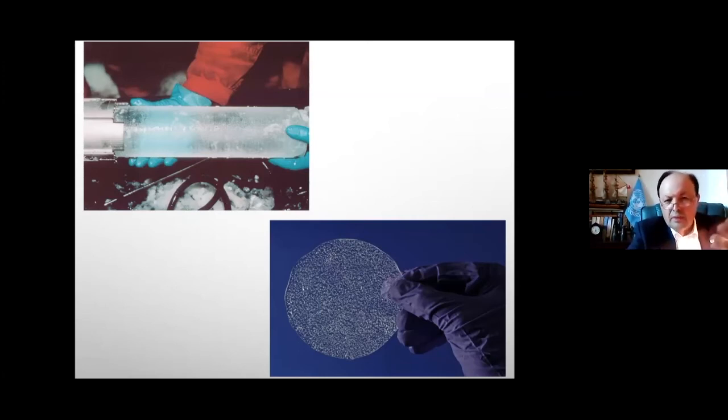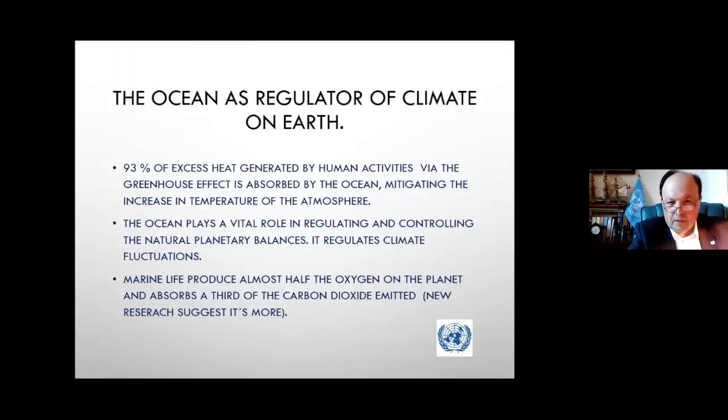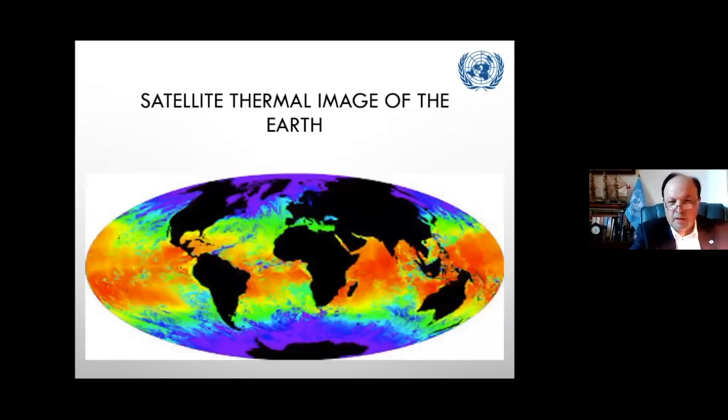Now I move to another type of interaction between atmosphere and the oceans. And I'm going to skip this one because we already talked about it. This is just an image portraying the differences of heat between the equator. It's a satellite thermal image, a way that science today has to measure what's happening with these differences of heat. Obviously, cooler waters are portrayed in blue and purple in that picture.